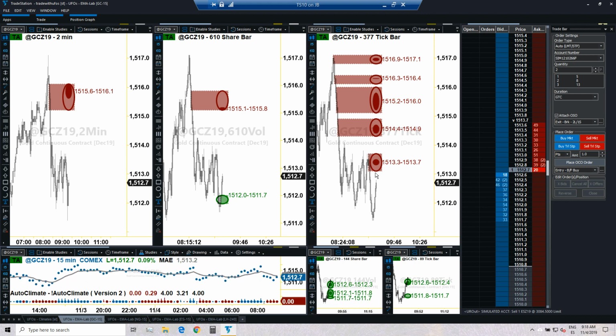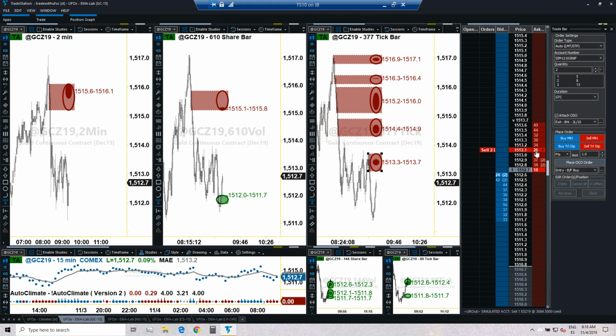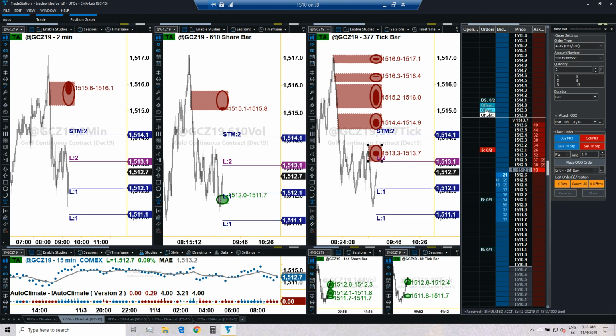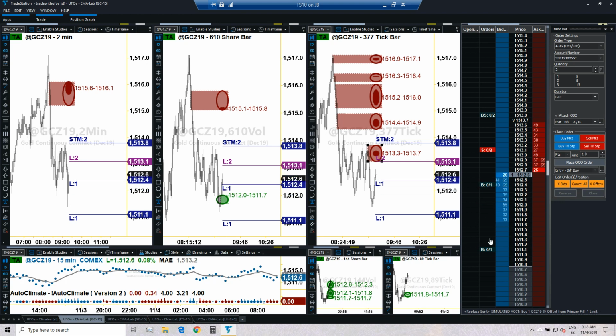So entry is going to be 1513.1. That's going to be the entry. Stop will be 0.8. So we are talking about 7 ticks. 7 ticks would bring me to 4, if I'm not mistaken. And then we have our final target located at